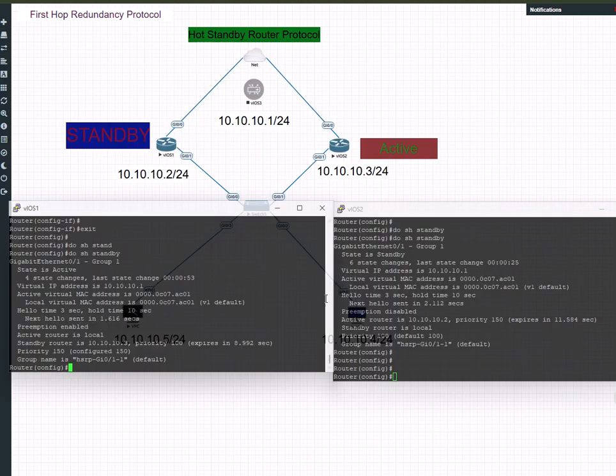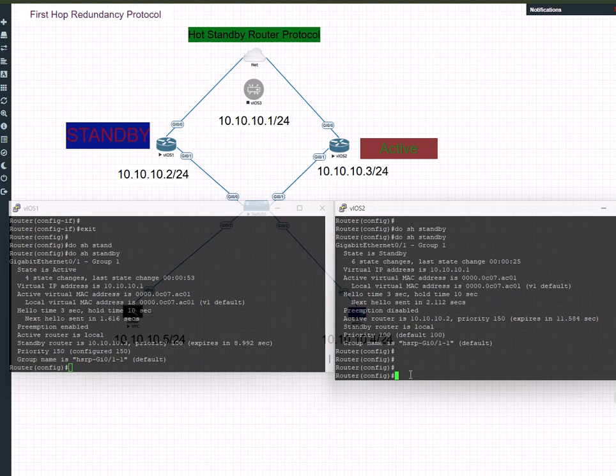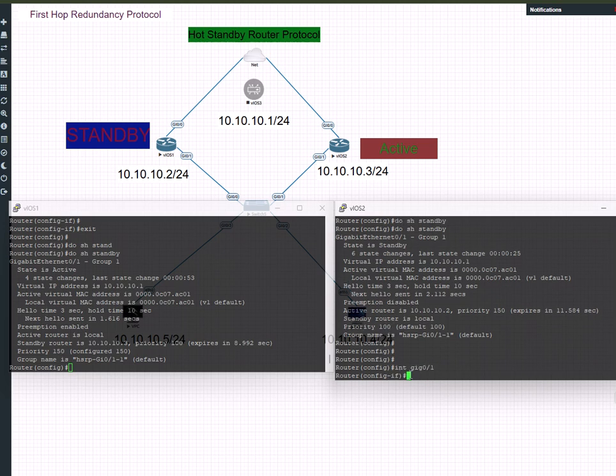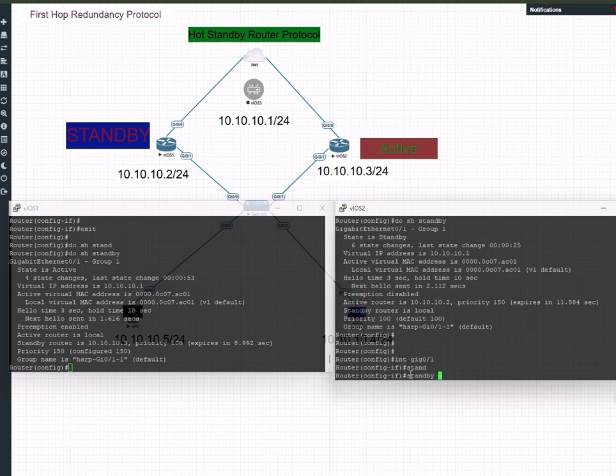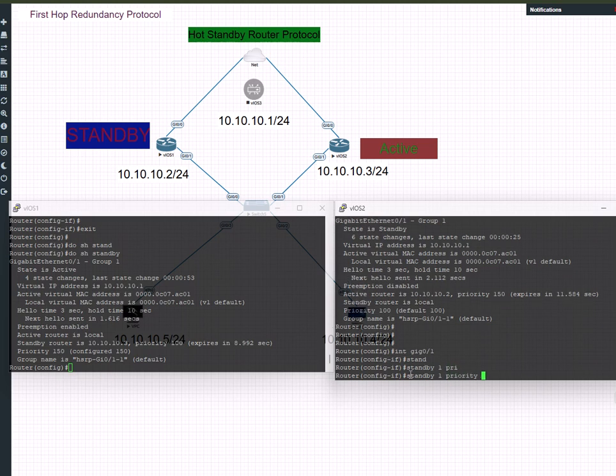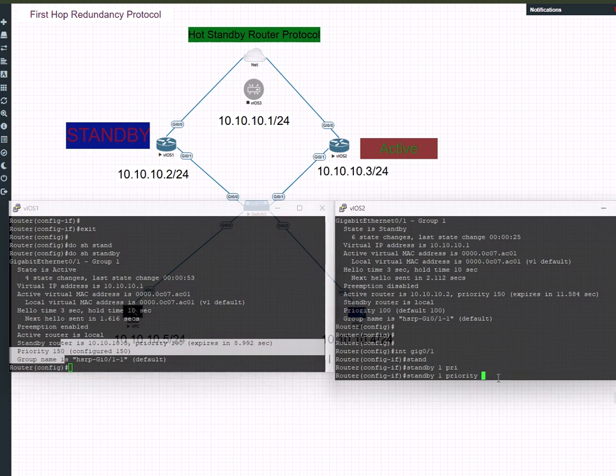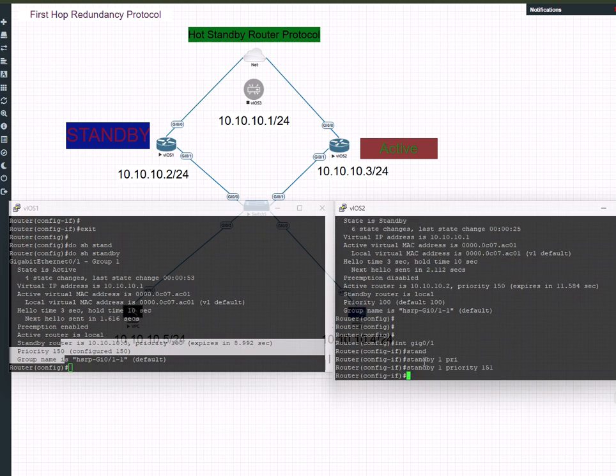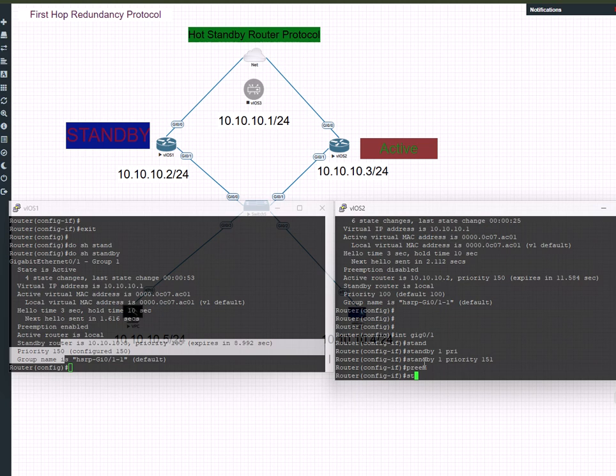Okay, I'm just gonna try to bring this up, and then let's see. All we have to do is to select that interface again, which is interface gigabit 0/1, and I have to come in here and set the priority to be higher than 150. The priority of this, I'm just gonna say this is gonna be 151. Right, it's just gonna be high, and I want to set the preemption also by typing the command